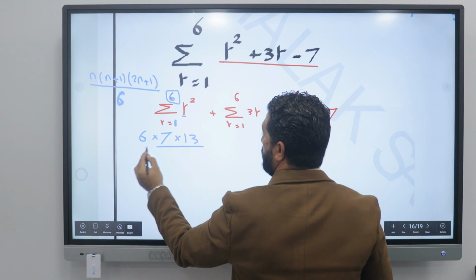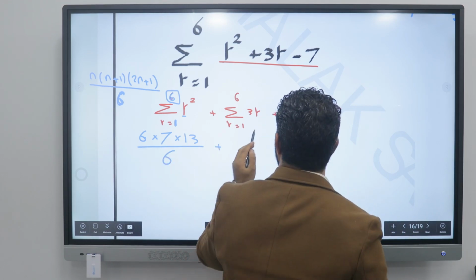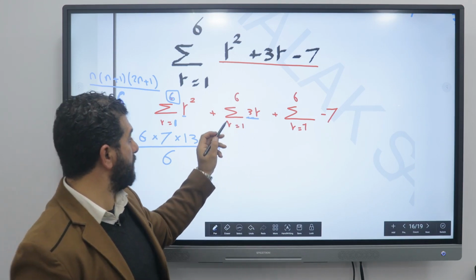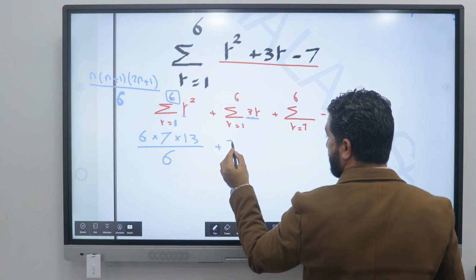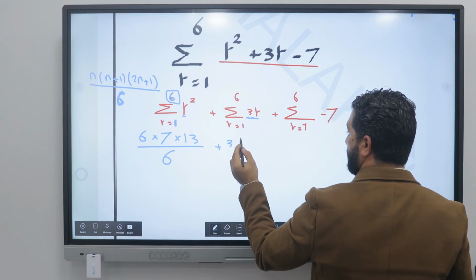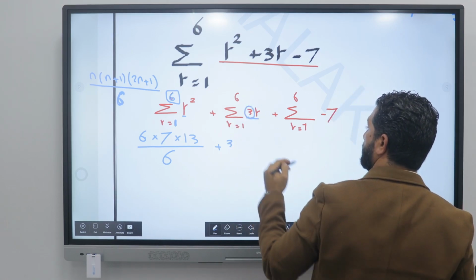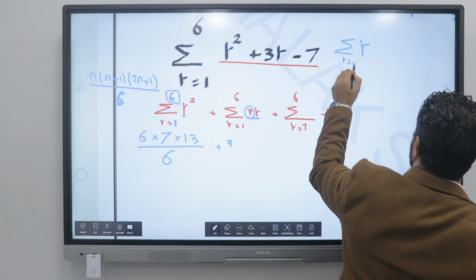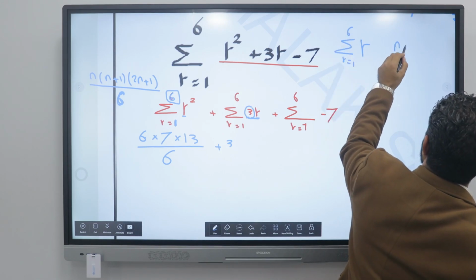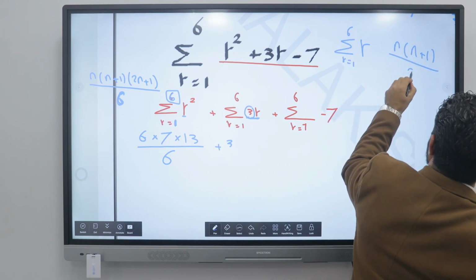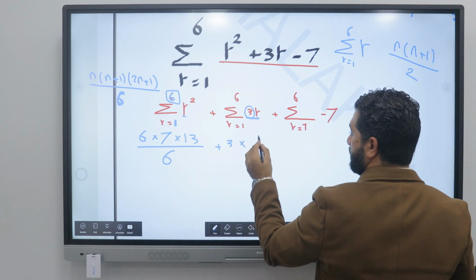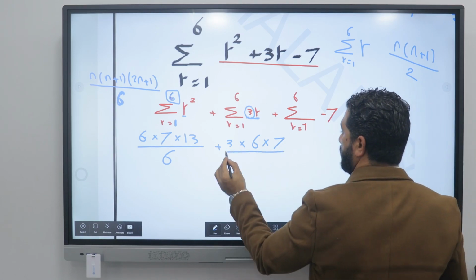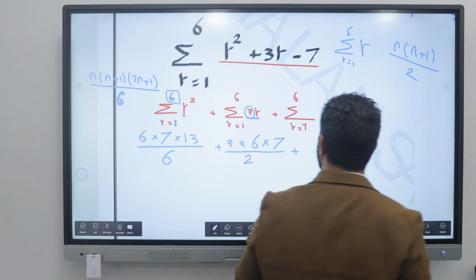All divided by 6, plus we have here 3r. 3r has a rule. What is the rule of 3r? What do I do with the 3 first? I'll write it like this: 3 and the sum of r, it's 3 multiplied by the rule of r, if we have the summation of r from 1 to 6. It will be n multiplied by n plus 1 divided by 2. So it will be 6 multiplied by n plus 1, which is 7, and divided by 2, plus here we have